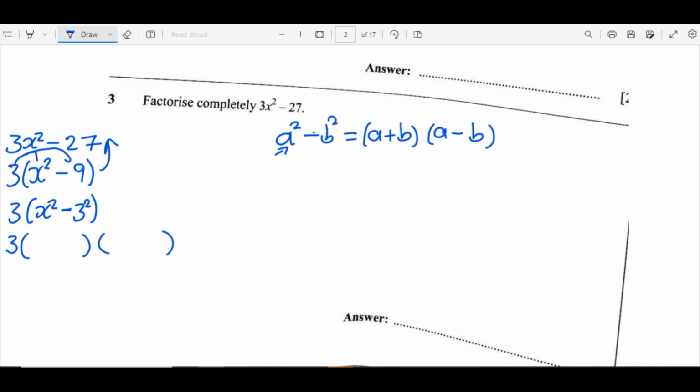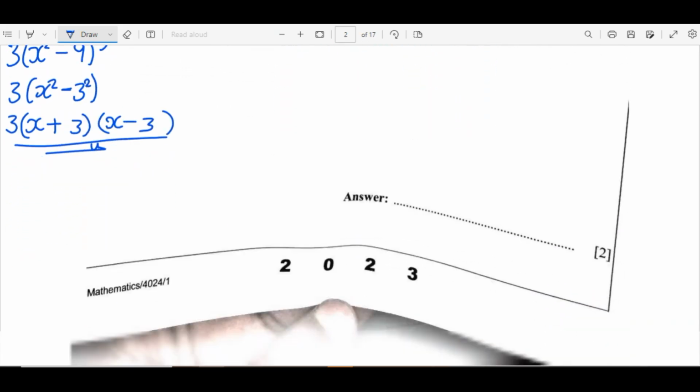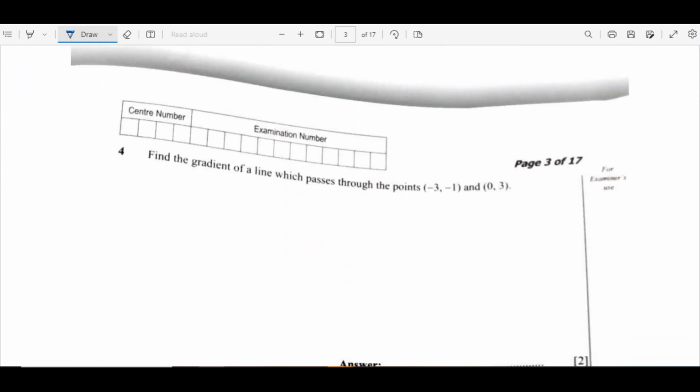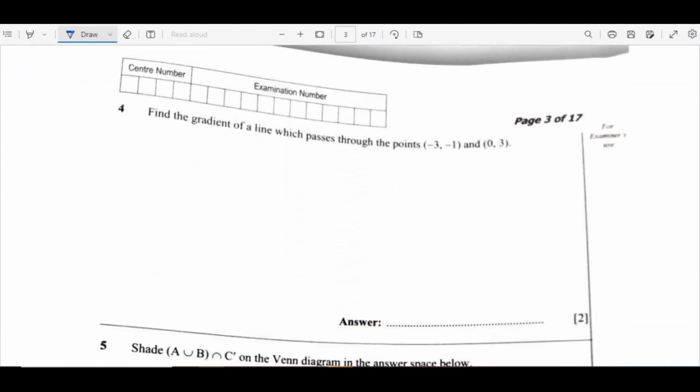Then here we write 1x, also 1x, plus, minus 3. So this is our final answer. We move on to question 4. Find the gradient of the line which passes through the point